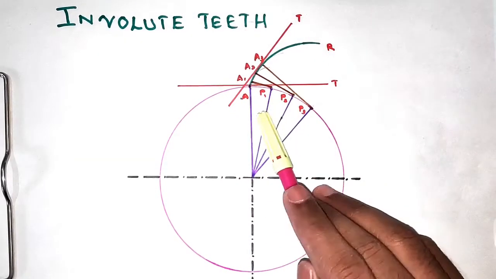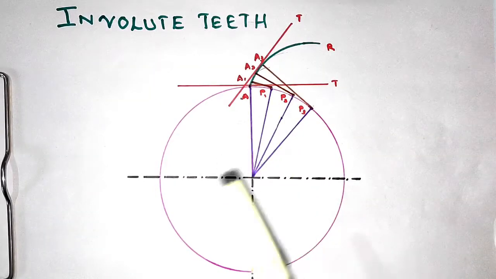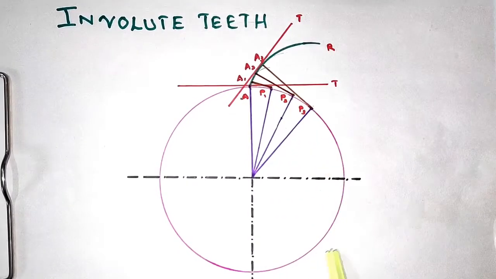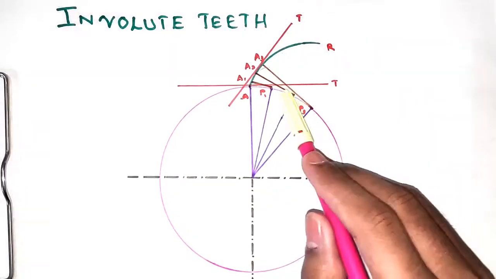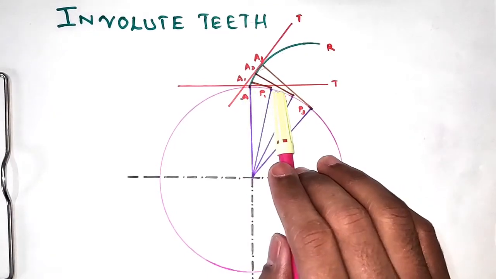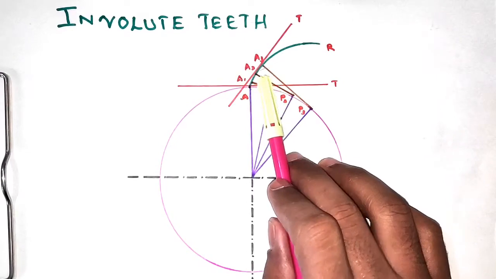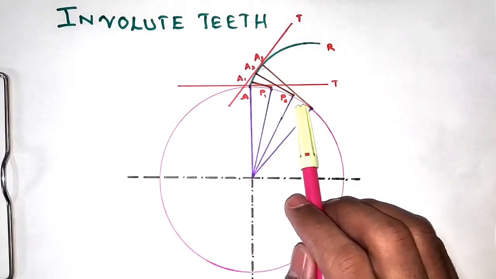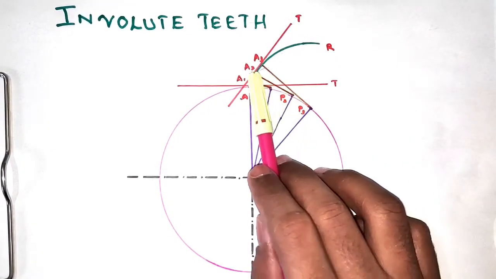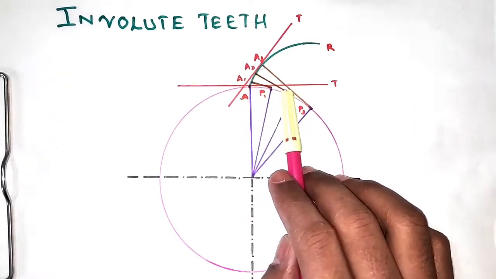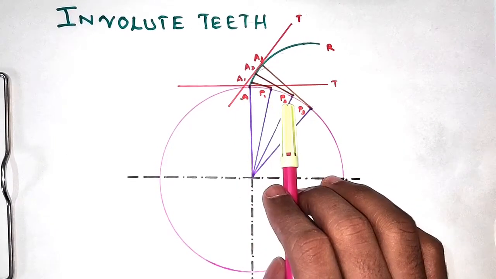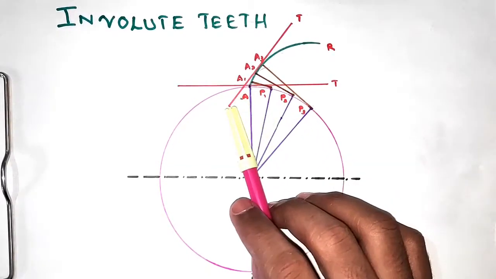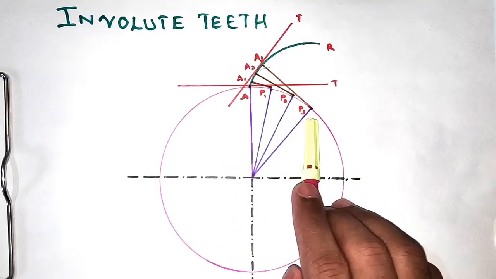I'll just explain this once again if you have not understood. We divide this circle into P1, P2, P3, P4, and so on. From P1 a tangent A1 P1 is drawn. The length of this A1 P1 will be the same as the arc length AP1. Next from point P2 another tangent is drawn, that is P2 A2. The length of this tangent will be the same as the arc length AP2. Similarly from P3 another tangent is drawn and the length of this tangent will be AP3, so the name of that tangent will be A3 P3.